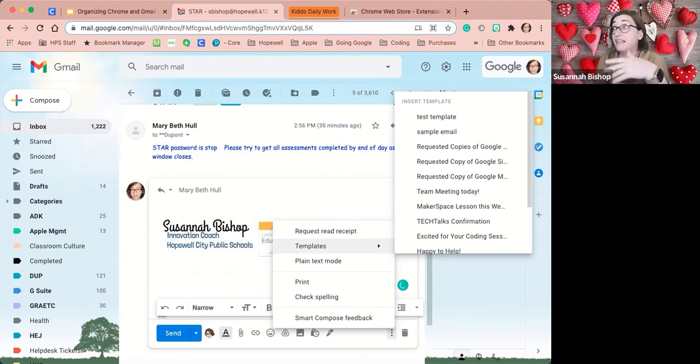If you're finding that there's a task you have to do every month, you always get requested to send this thing at this time, maybe it's like a team meeting. If you're